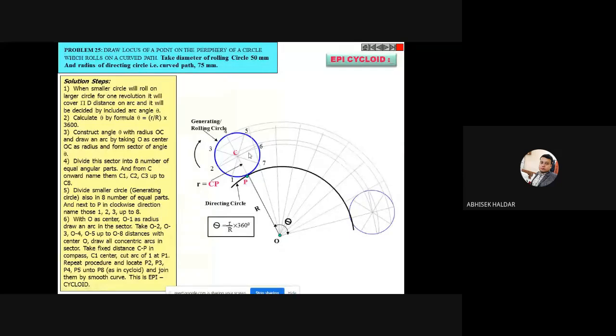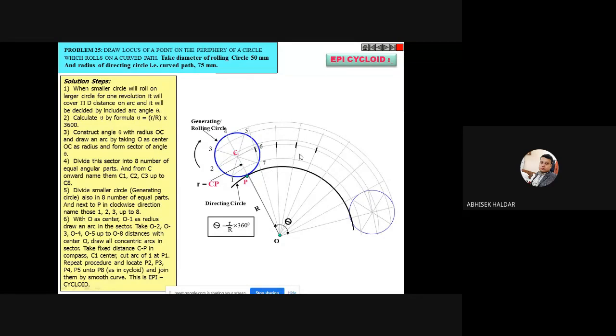The central arc line is C, that means O to C was the radius, if you recapitulate. Now here O to 2 is my radius, and 2, 6 is a separate arc. And similarly 1 to 7 also. O to 1 is my radius, and that is my 1 to 7 arc. All the arcs should run up to this theta, up to this line. I have divided this angle earlier. Now these points you have to mark.